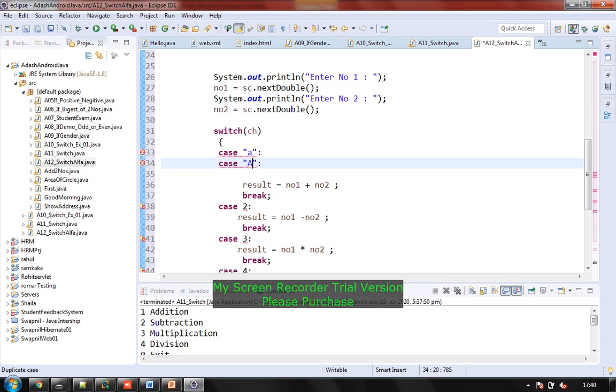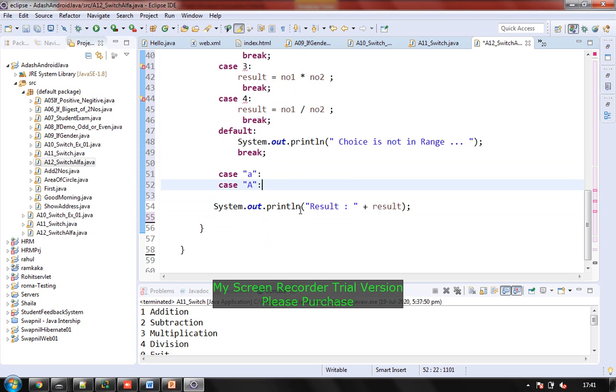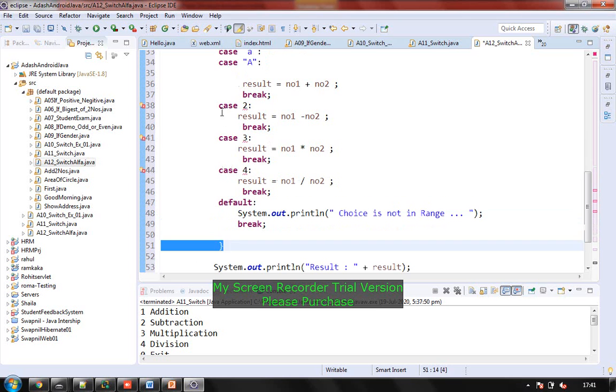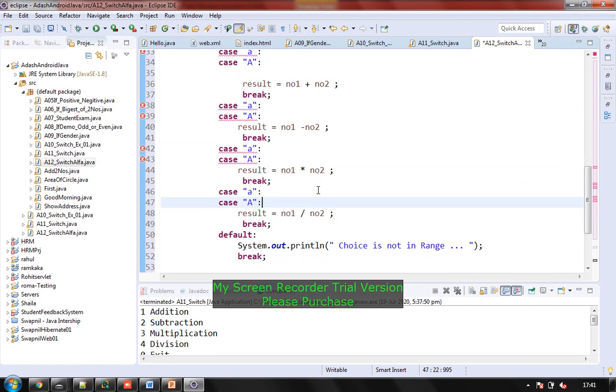capital also. See, now the thing which was creating a problem, that is a statement without break, is now a good thing here. And what is that good thing? If the user enters small a or capital A, this block is going to execute. So the same is the situation for all other remaining blocks. This is first, this is second, third and fourth. And the inputs are what? Small s for subtraction, capital S for subtraction, then I think it's small m for multiplication, capital M, and small d and capital D for division.